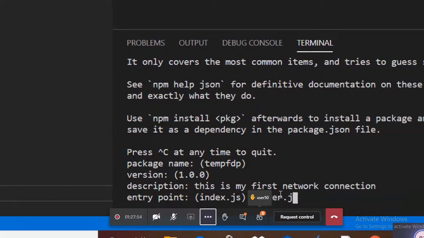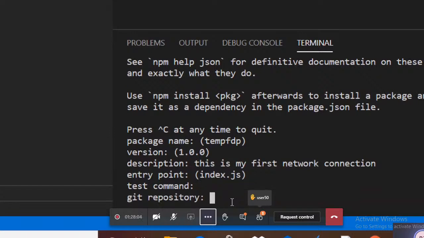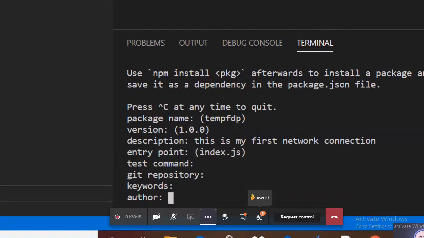Let me show you why we are doing all these things. I'll not write any entry point, I'll take the default entry point, that is index.js, enter. Test command, I don't want any test command. Git repository, if you have one, give the information about the Git repository, and your data will be stored in Git. If you don't have one, no issue, you can go ahead. Keywords, I don't require any keyword in this. Author, you can write any author you want. Author is nothing but